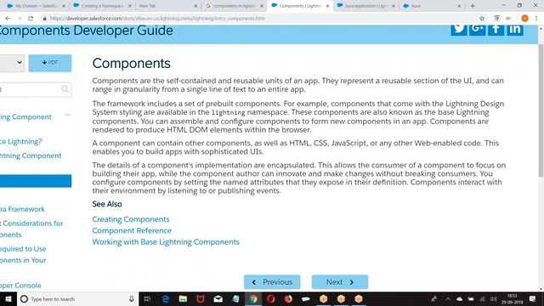Now that component has some functionality. If you want to use that functionality, I can call it number of times. That is the reason they are called reusable units of application. Components are reusable entities of application. What is the purpose of this component? They are going to create some functionality on the UI. That way create a table, that way create a button, that way create a link, that way create a tree, that way create a toggle, right? It is going to create some functionality on the UI. Reusable units of the application which will represent a part of the UI. Okay.